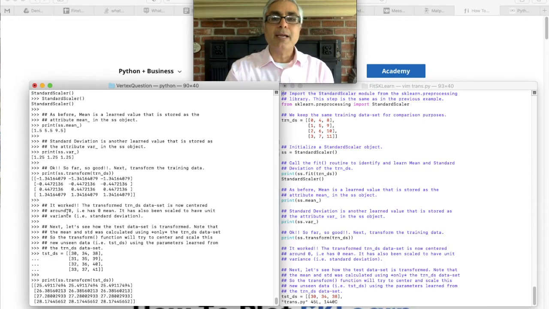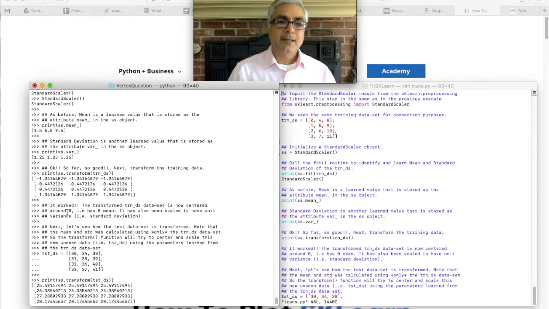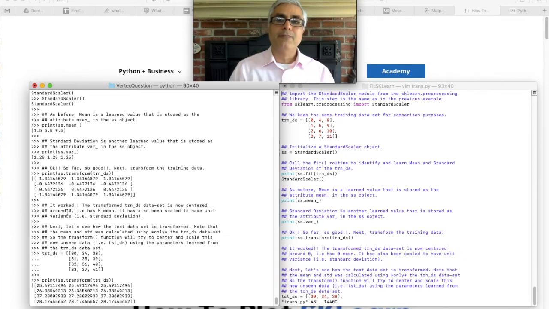Now in machine learning, you apply the fit and the transform method to the training data, whereas the transform method is applied only to the test data. You never do the fit on the test data because the test data is supposed to be unseen data. You're trying to test your model to see, after fitting it and learning all the underlying parameters, is it really working well for my yet unseen data?